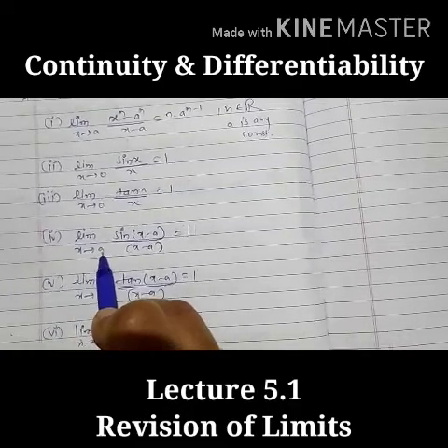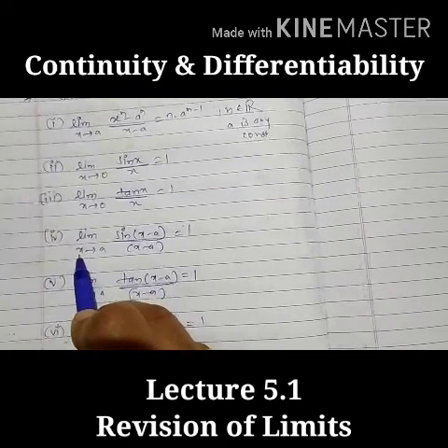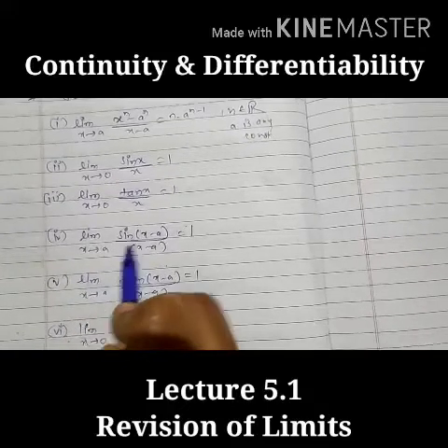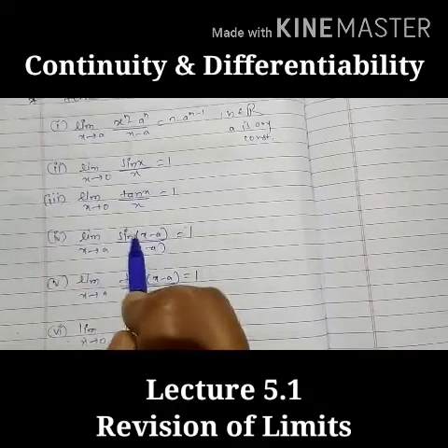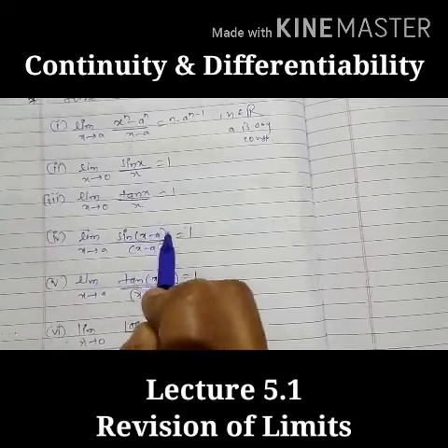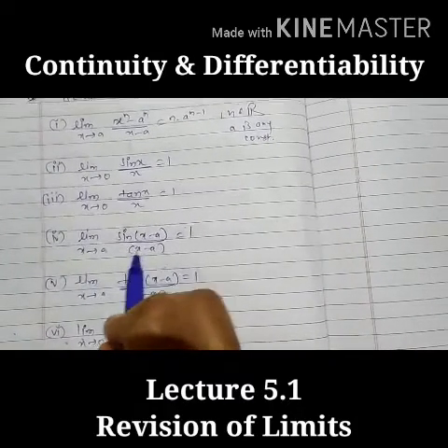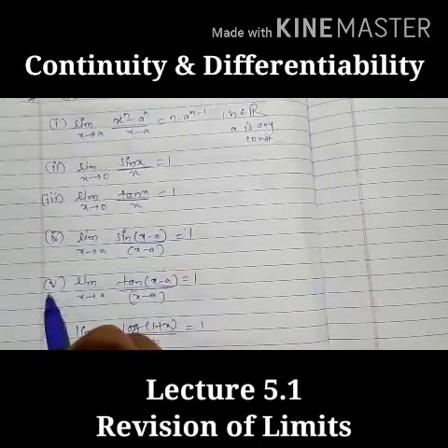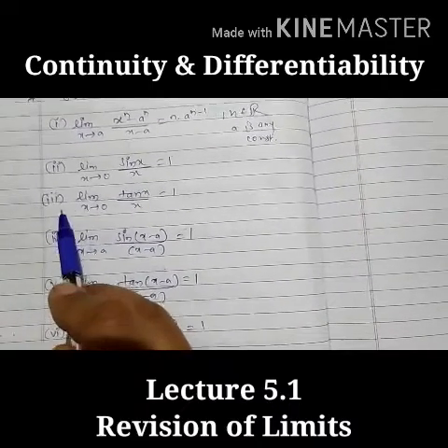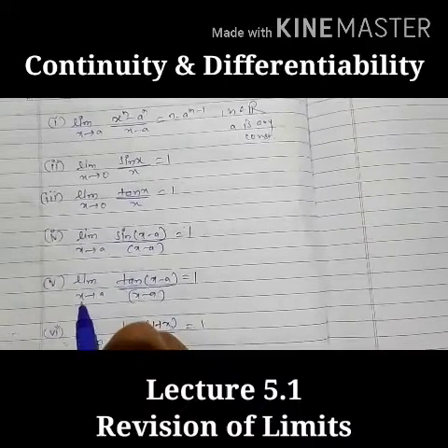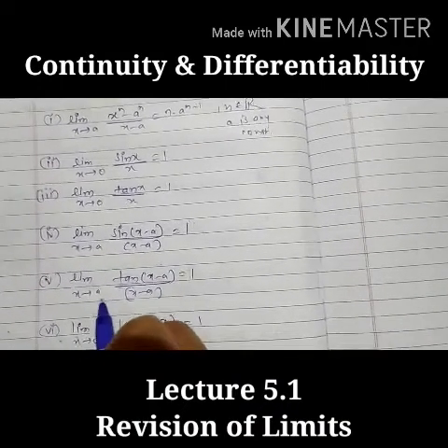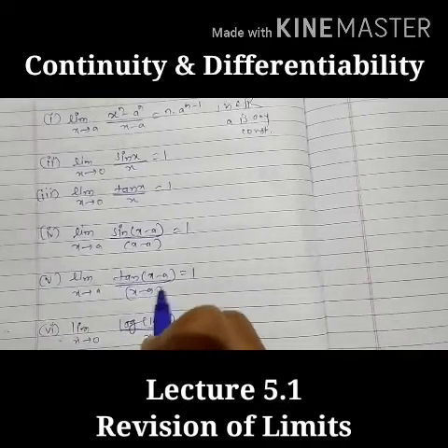Now, fourth one, from the second we can prove the fourth one, limit as x tends to a. Now we can take this a this side, it will be x minus a, and here it will be 0, so x minus a tends to 0, and the same x minus a is here, angle for this sine, and the denominator will be same, so we can prove this easily, that is equal to 1. The fifth one also, for the fifth one we can use the third, here also we'll take x minus a tends to 0, so tan of x minus a upon x minus a will be 1.